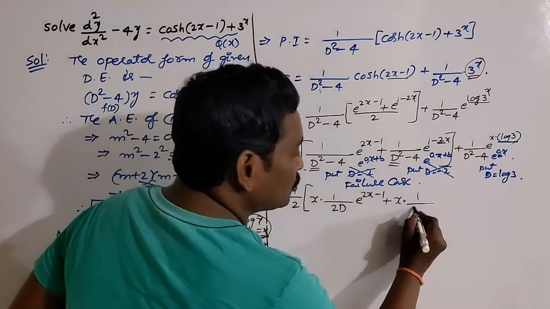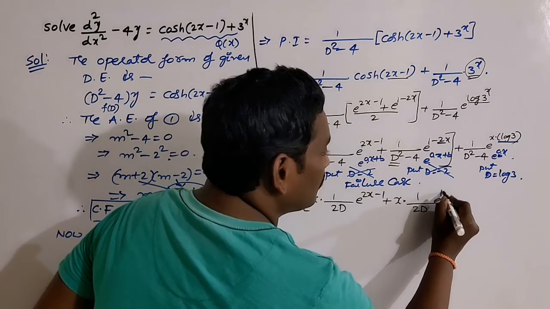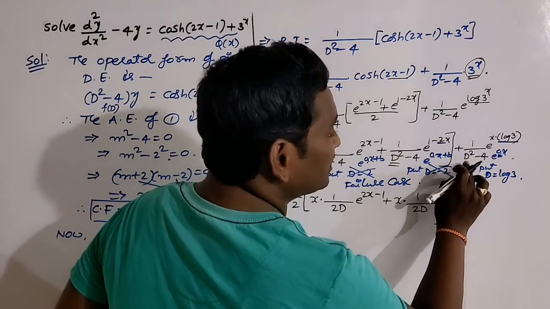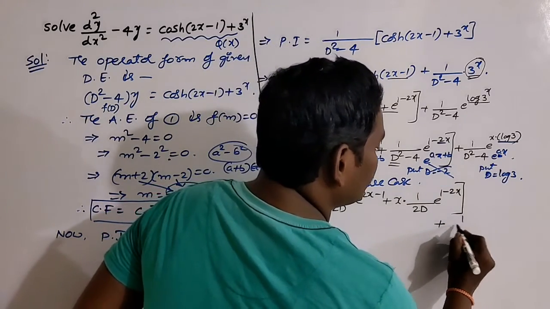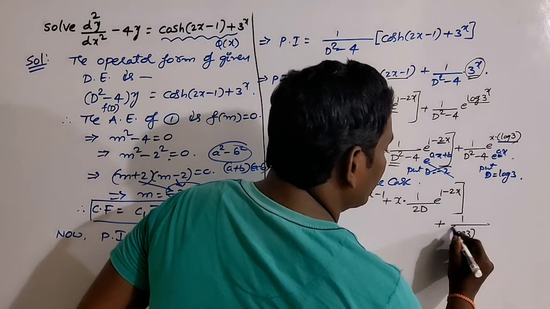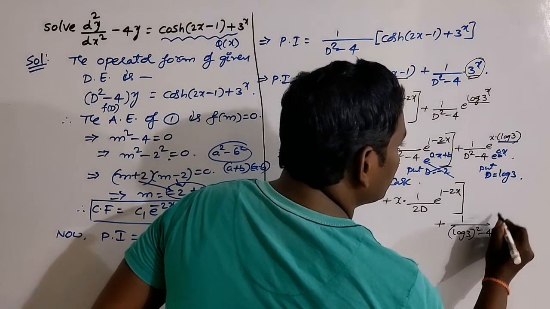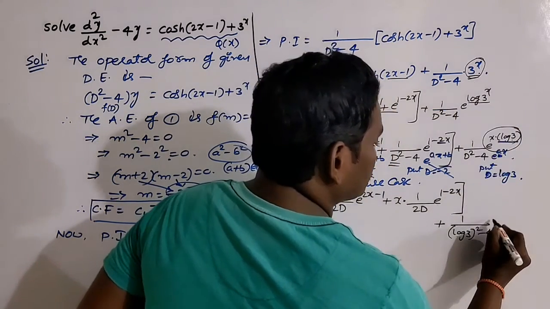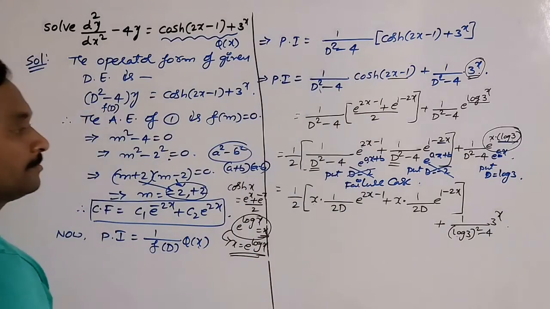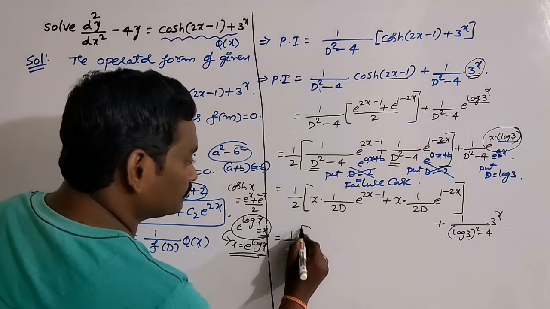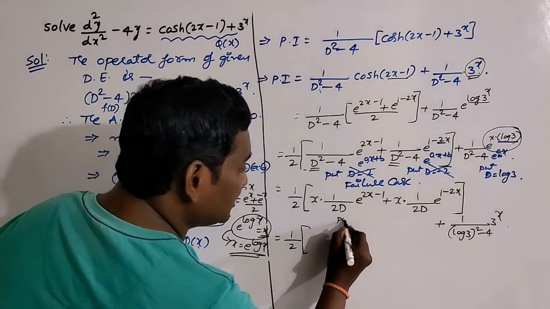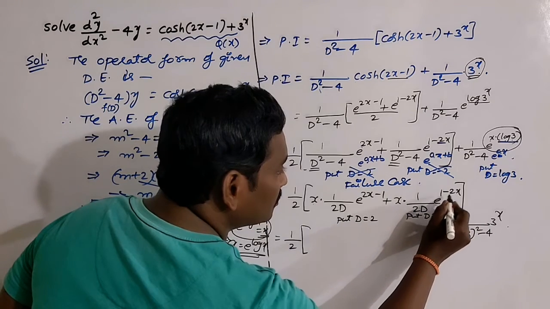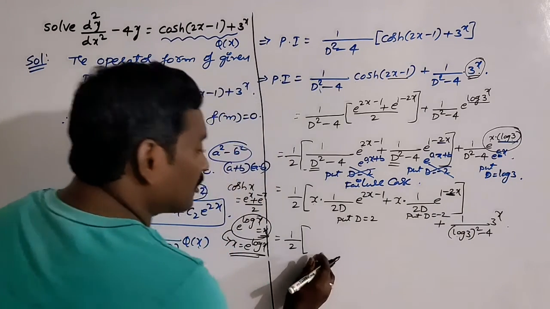Derivative of d square is 2d again, into e power 1 minus 2x. Plus, here we do not get the failure case. Replace d is equal to log 3. So you will get 1 by (log 3) whole square minus 4 into, how can we write again, e power x into log 3? 3 power x. So I will write here 3 power x as usual. So 1 by 2 into, now here we have d, replace it by d is equal to 2, and in the second part replace d is equal to minus 2 according to the rule.